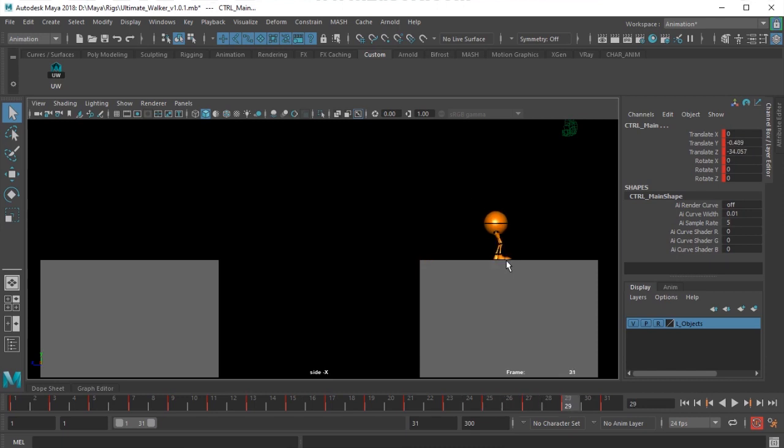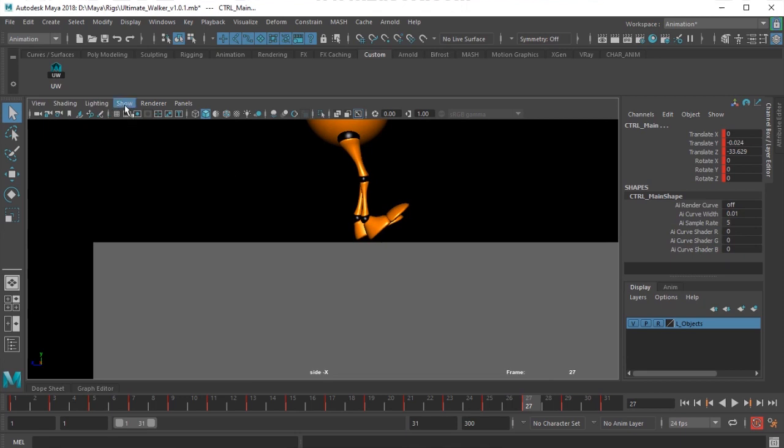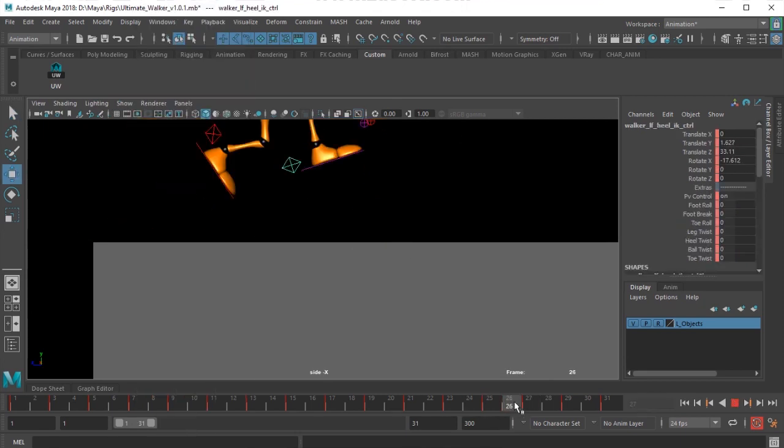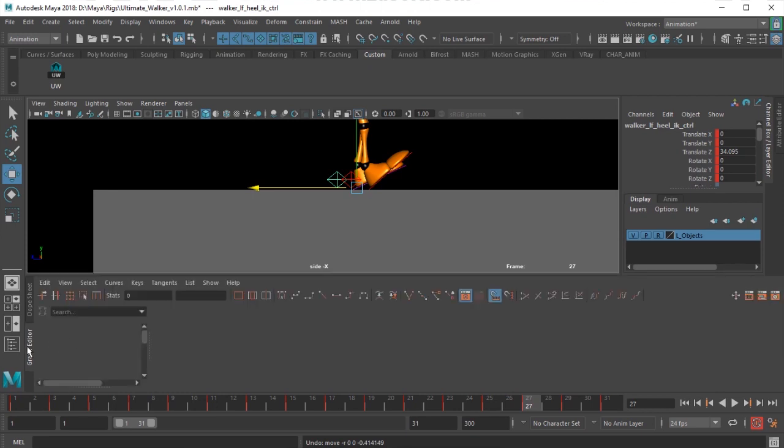Okay, here you are getting the slide effect because of where he is landing and where he has been moving there, we need to fix it. So I can use the graph editor and fix this, or just copy and paste the keys, I can fix it. So the graph editor should be a greater help in this because I will select the control and its translation Z I'll open.